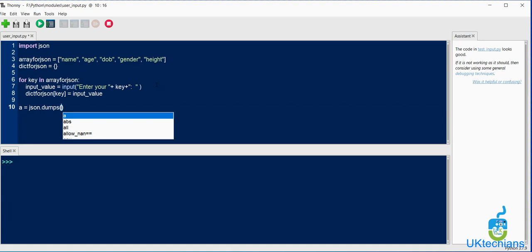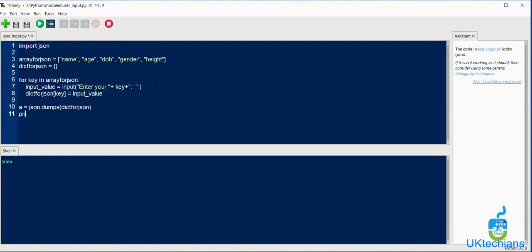It will dump all the data of this dictionary for JSON, right? And then we will print this JSON. After creating this JSON, we will print the variable a, right?